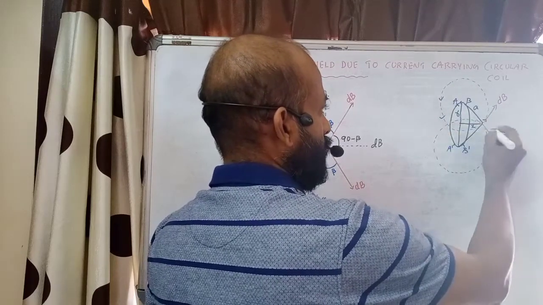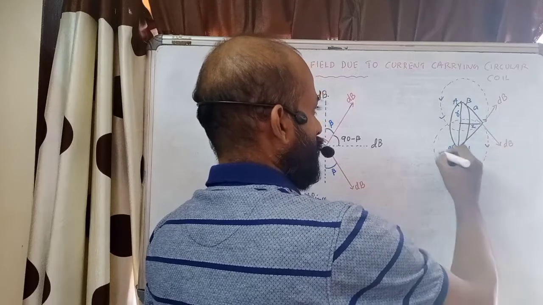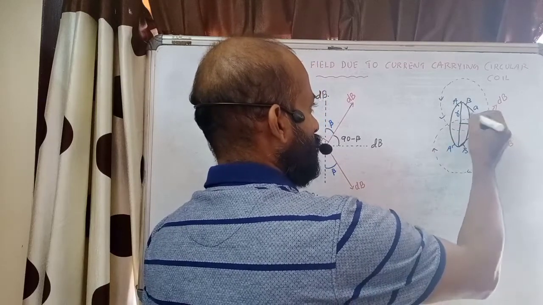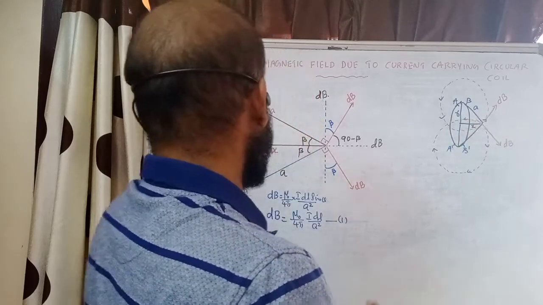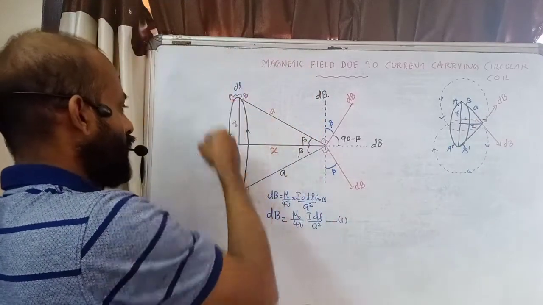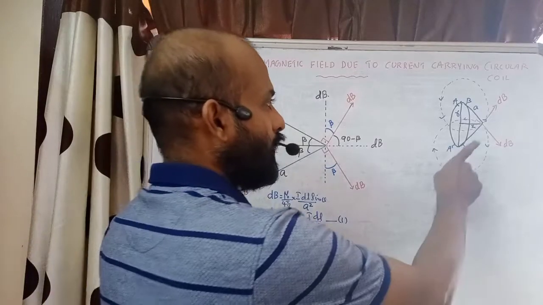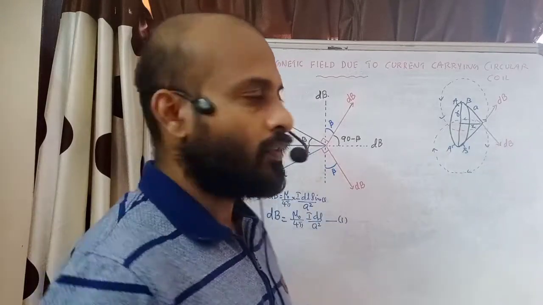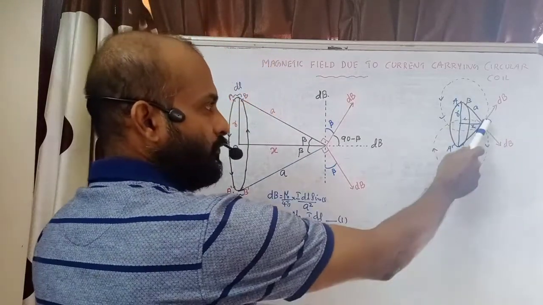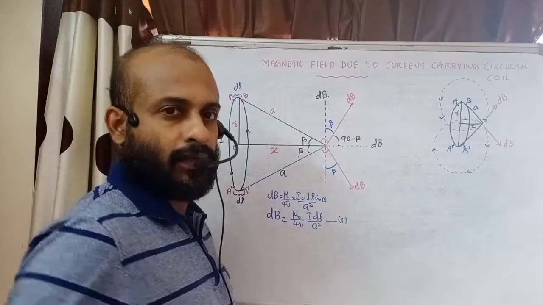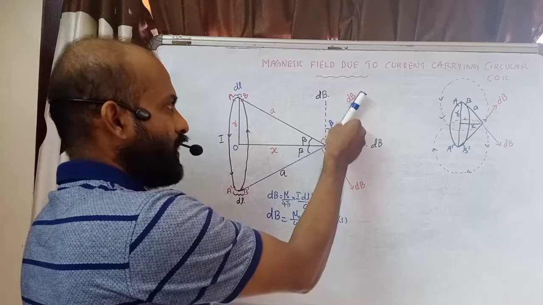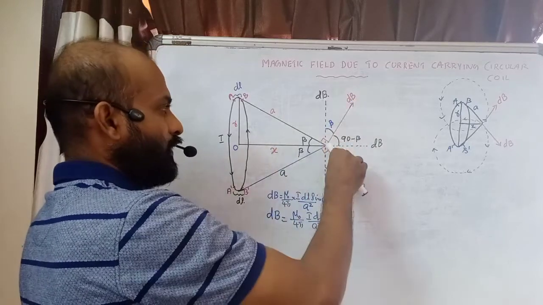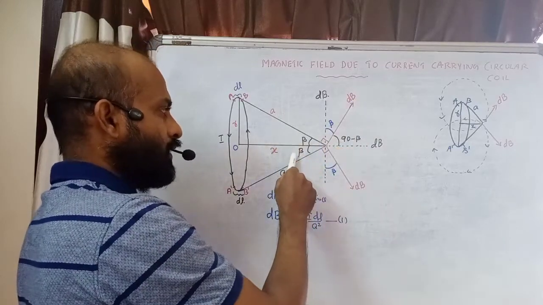Here we are grasping in the opposite direction. This is the direction. Because in both elements, current will be in opposite direction. Okay. So here direction of current is in this direction, here in opposite direction. That's why we are getting a tangent in opposite directions. So both elements are producing magnetic field. These are the directions of the magnetic field. We have got magnetic field due to this element in this direction, due to this element in this direction. This angle I have marked beta.